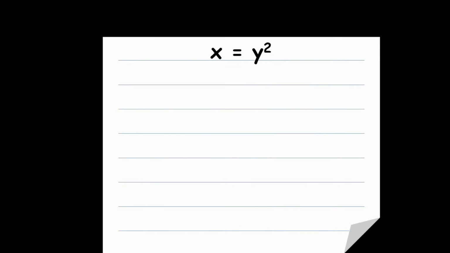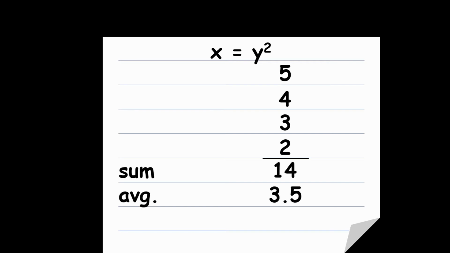Okay, let's look at a function that's similar to the one that we were looking at before, just so we can better understand why you can't back into the velocity. If you know the temperature, you can't back into that directly. Let's say we have x equals y squared, a similar expression to the velocity squared versus the temperature that we were looking at before. So let's take some simple numbers that we can square easily. Let's add those up, take an average. Now let's do the same thing for the other side.